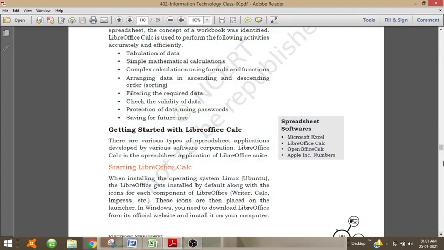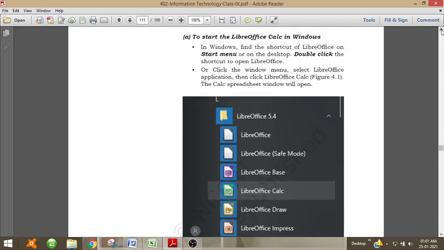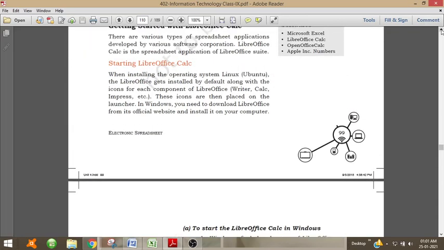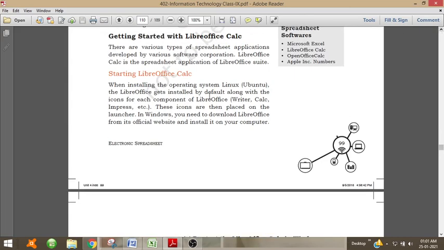So we will be dealing with LibreOffice Calc, and I'll show you the examples with Microsoft Office Excel because I don't have LibreOffice on my laptop.